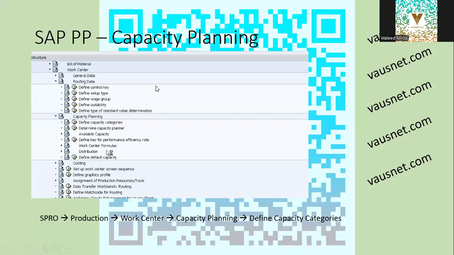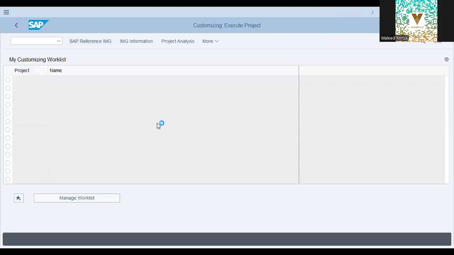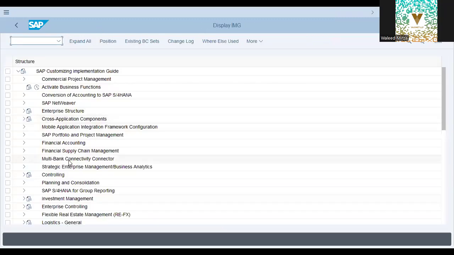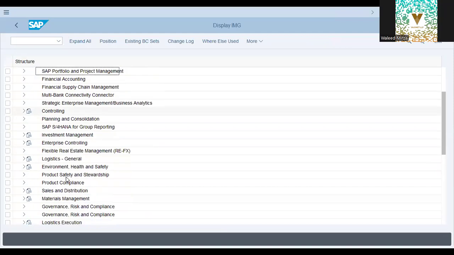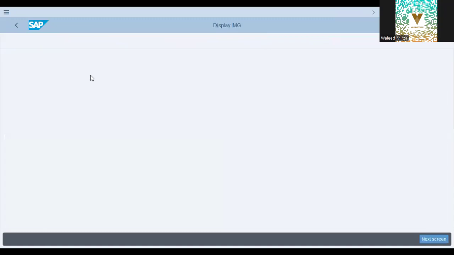Okay, today we are going to understand capacity planning, and capacity planning is part of work center. Work centers are used for routings. Okay, slash and SPRO. But before we actually go into that, CR01 is work center,